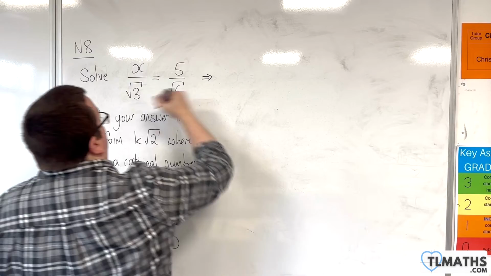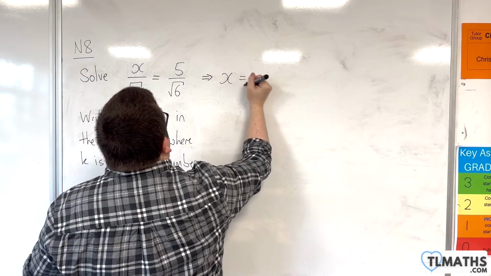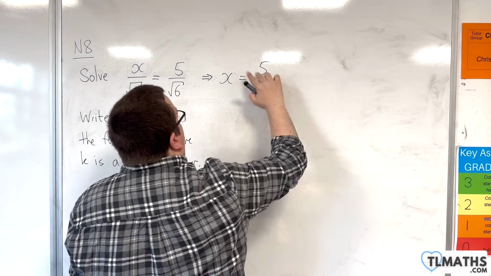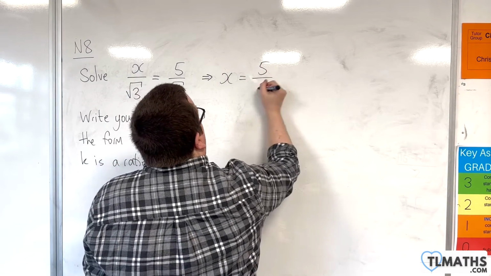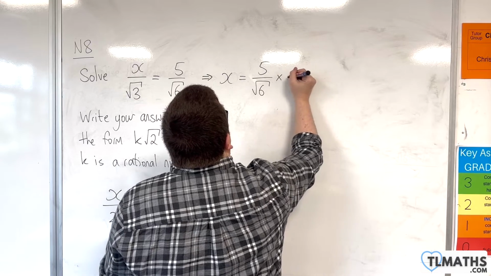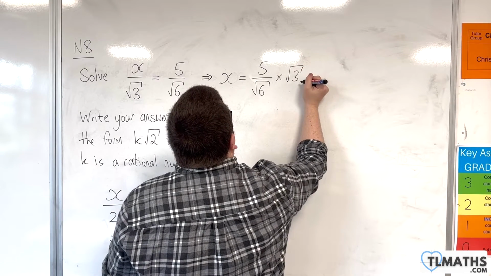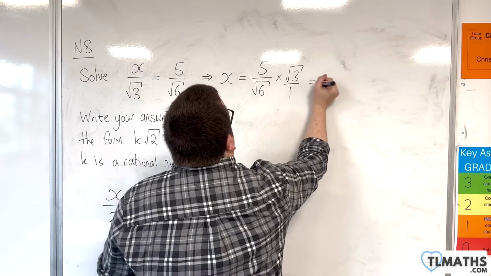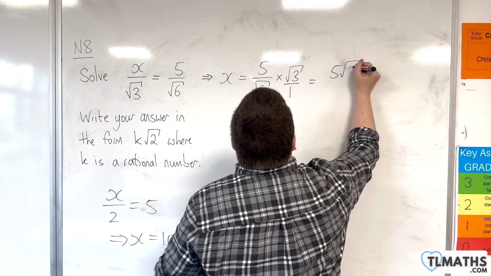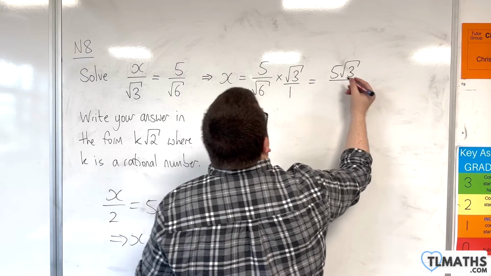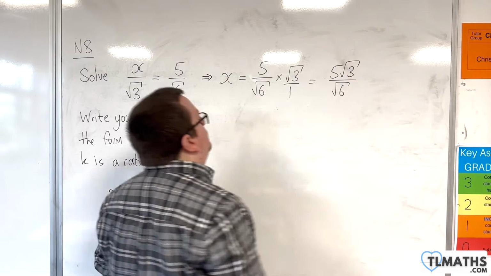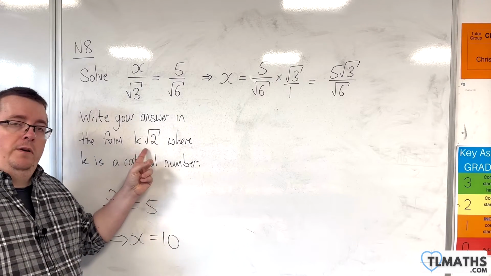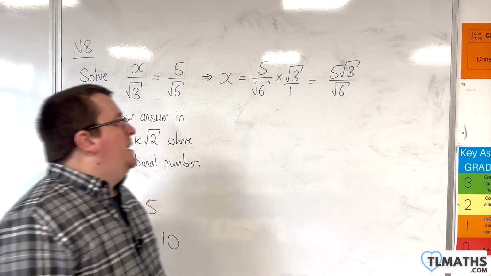And on the left-hand side, I'm just going to get left with the x. And on the right-hand side, I've got 5 over root 6, and I'm multiplying that by root 3. Now, of course, root 3 is just root 3 over 1. So what we have here is 5 root 3 over root 6 times 1, so root 6. Now this is not currently in the form that I want, so I need to manipulate it in some way